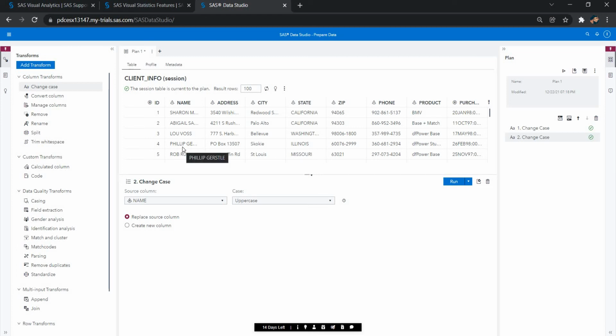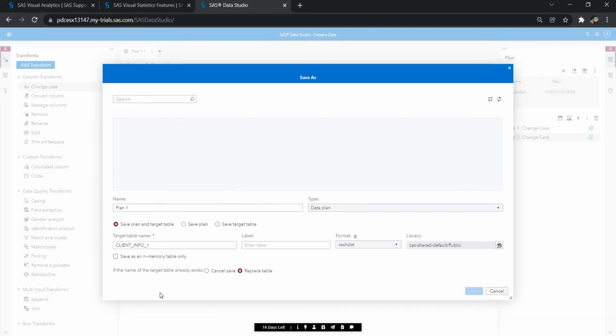So now my data is prepared. Anything more you want to transform in your data, you can. Okay, so this is done. Now I'm saving my data, save plan. So my plan, I'm giving the plan